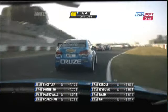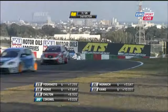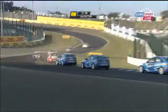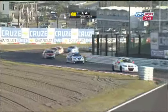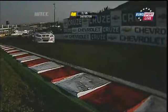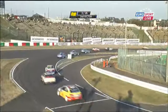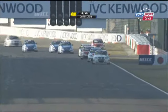Well, we're looking forward now at Alain Menu and Rob Huff right in front of him. Huff is in a tough position here because, of course, Menu and Muller want to make progress, as does Huff, but Huff's the one who has to force his way through that battle between Bernani and Dudicalo. And as we saw from race 1, Bernani and Dudicalo do not spend much time apart from each other. It's also difficult from Rob's position because if he goes to make a move and doesn't manage to make it,